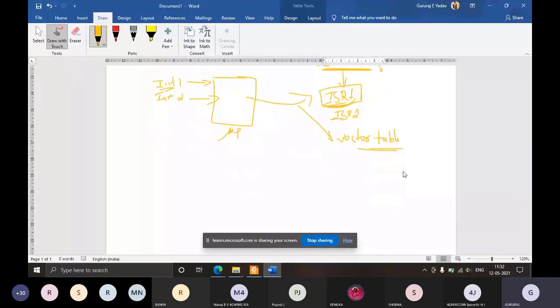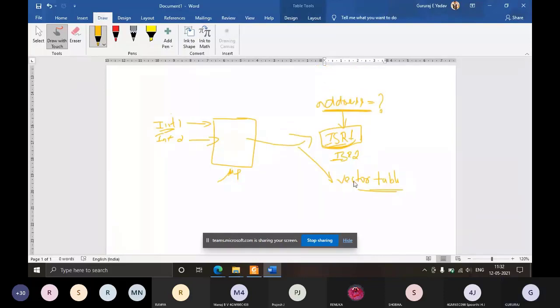As the name itself indicates, it is a table of memory which contains the starting addresses of all the interrupt service routines that are supported by the microcontroller. So this vector table will hold the starting address of ISR1, and it will also hold the starting address of ISR2, like that.